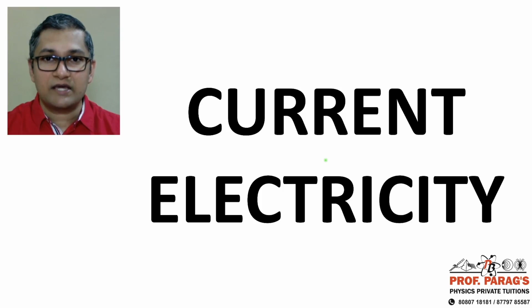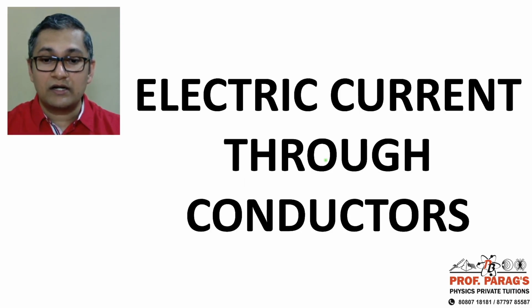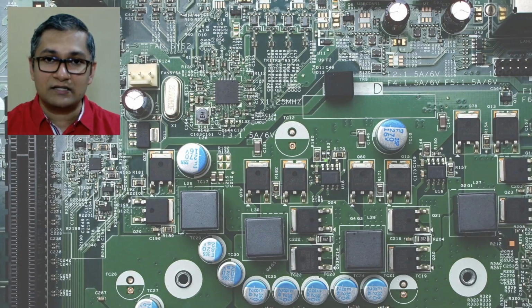The name of the chapter is current electricity. In 11th standard, it is also called electric current through conductors. So there are two names, basically, if you see the NCERT syllabus. So in this chapter, what are we going to study? It's mainly that we want to deal with circuits. There will be circuit diagrams. There will be components. You can see here,